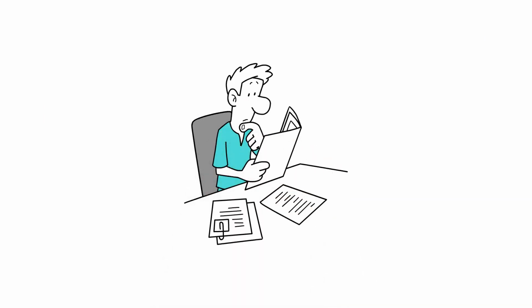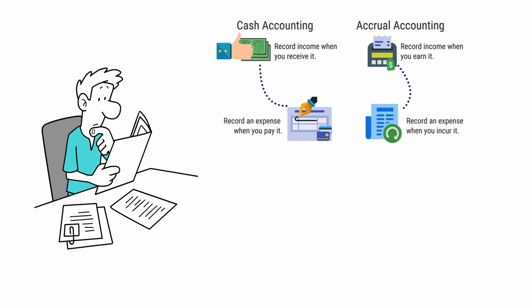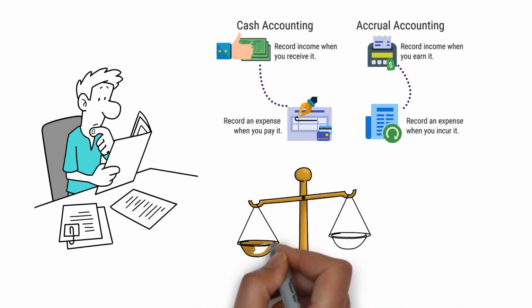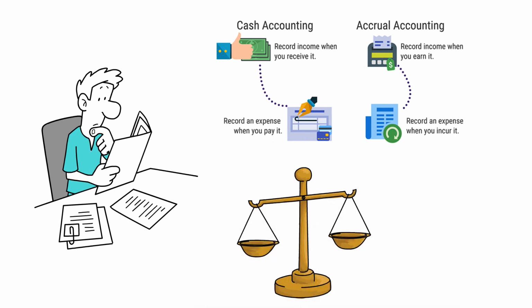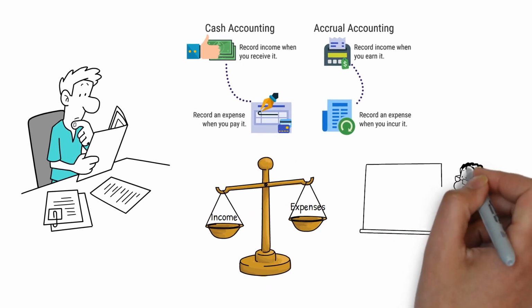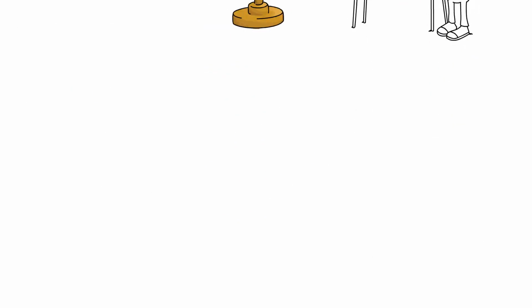And then there's the whole thing about accounting periods and methods. Some businesses work on a cash basis, others on accrual. This choice can change how and when you count your income and expenses. So, navigating the world of business taxes is a lot about understanding the delicate balance between income and expenses, and making sure you're only paying taxes on what you really should be. Just like our tree analogy, it's all about ensuring the business has everything it needs to grow, without burdening it with excessive taxes on the resources it used up to get there.